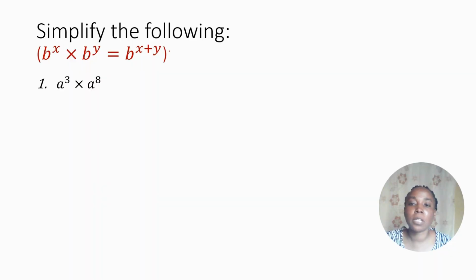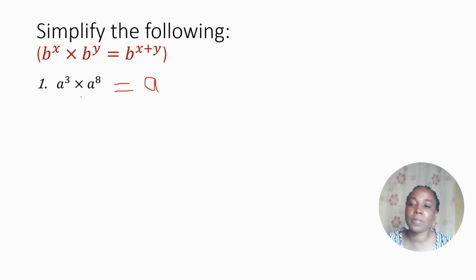Now look at the example given here, b raised to power x times b raised to power y equals b raised to power x plus y. What can you notice? We have b at the first term, b on the second term, and we are using b as the base for the answer. In this case, we have a as the base, a raised to power 3, and another a raised to power 8. Since a is the common base here, we are going to have a as our base for the answer,